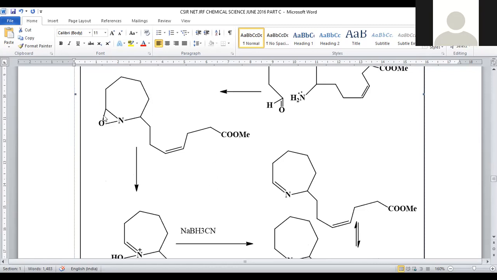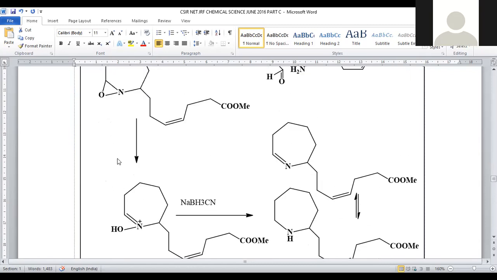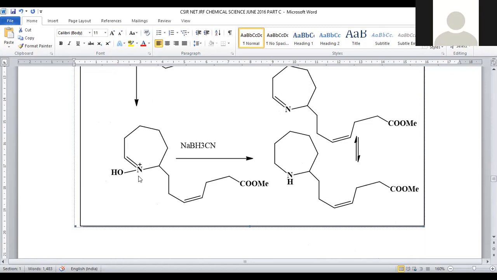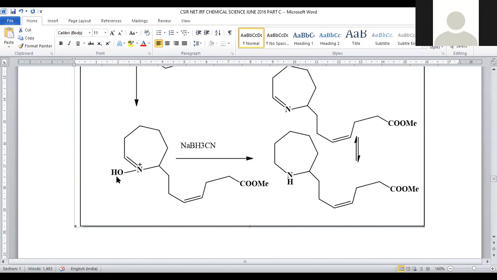Upon protonation, what happens? This bond is involved in the double bond formation, and whenever it is converted into a double bond and ring opening is possible, nitrogen is having 4 bonds around it. When nitrogen has 4 bonds, that is called quaternary, and here it is further protonated and converted into an OH group. So finally we got a 7-membered ring system with one heteroatom, nitrogen.